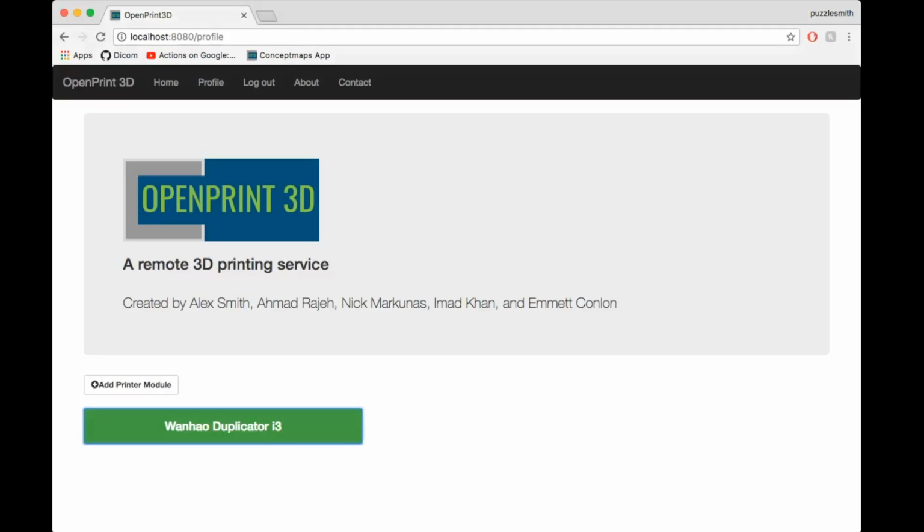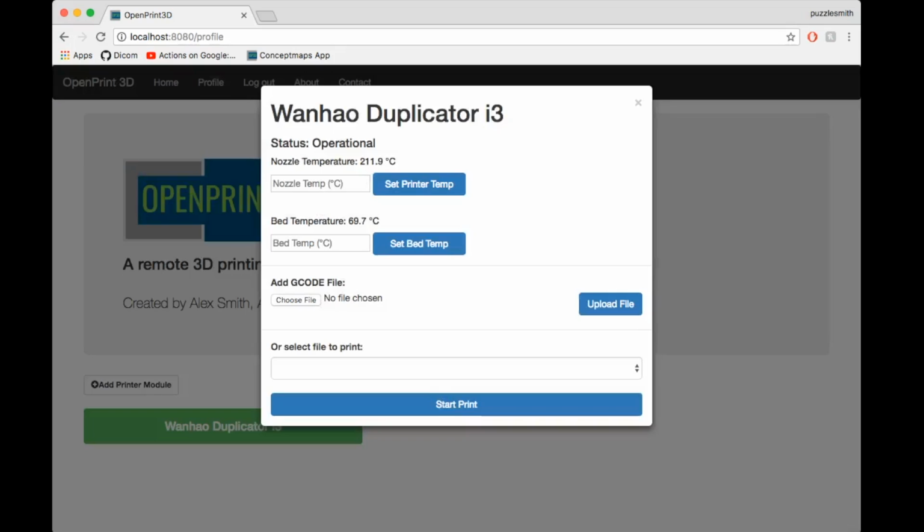Alright, so now we have the profile page loaded up pretty much where we left off with the live demonstration. And when we click on the printer, you can actually see that the status is operational now. And I preheated the nozzle and bed because those take a while to heat up. But what we can do now is choose that cylinder that we converted into a G-code file, open that up,